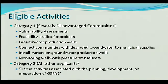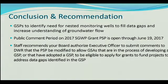We know through development of the GSPs and the work that the TAG is doing that we're going to be identifying a number of significant data gaps, and those will be prioritized with projects. Nested monitoring wells with pressure transducers would be very useful to help address that. We had been hopeful that this grant solicitation would give us an opportunity to go after addressing some of those